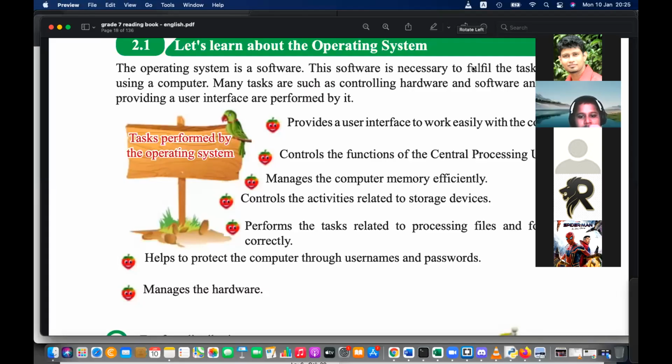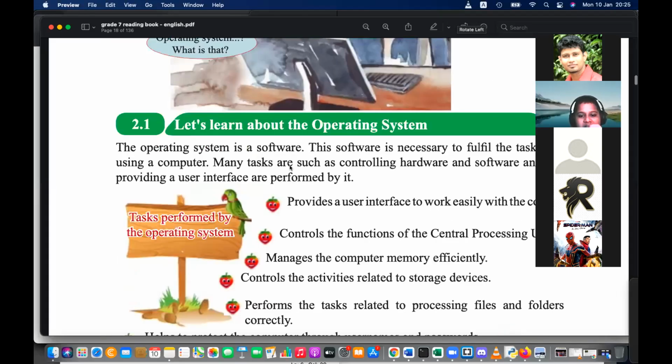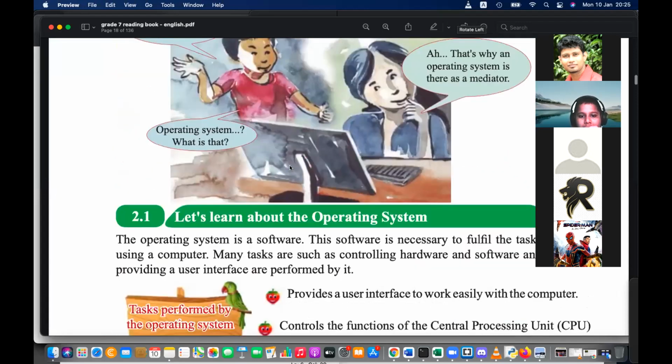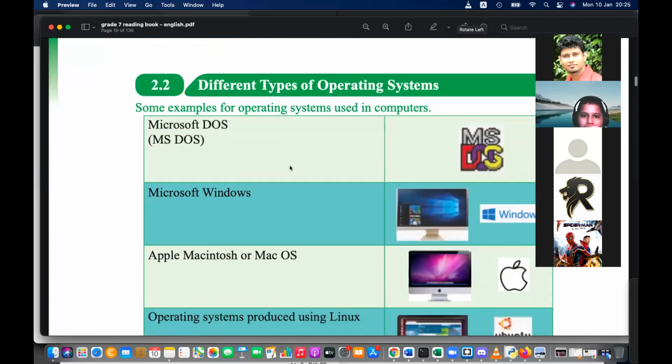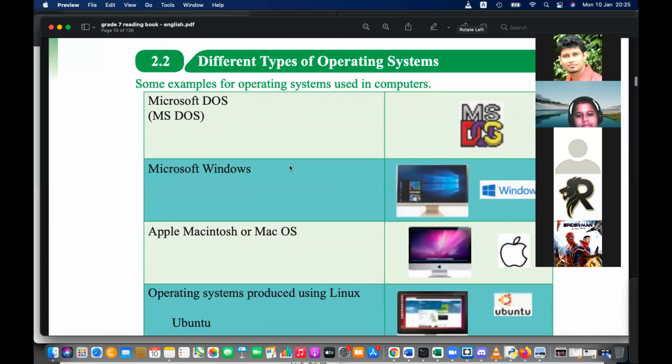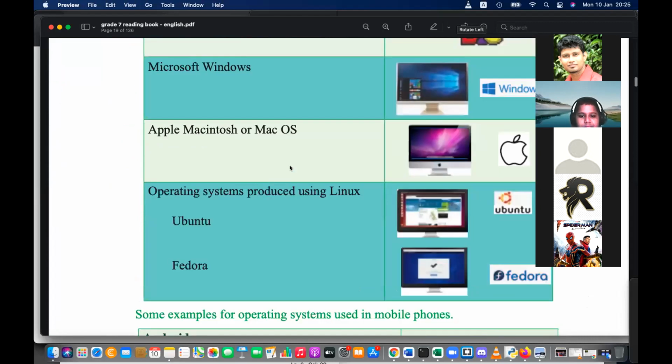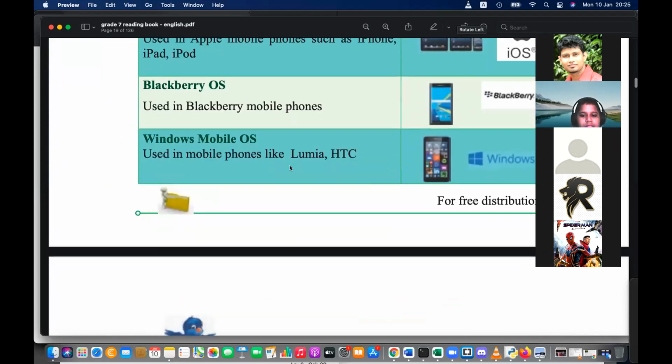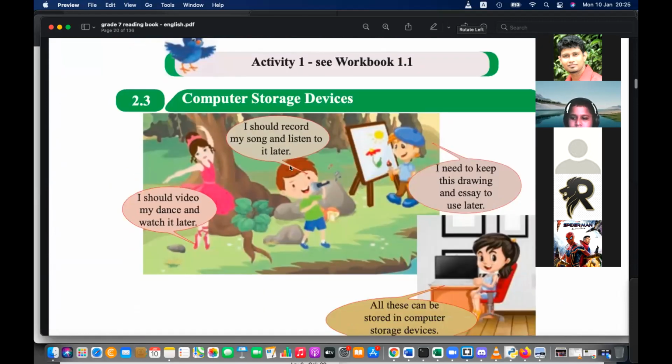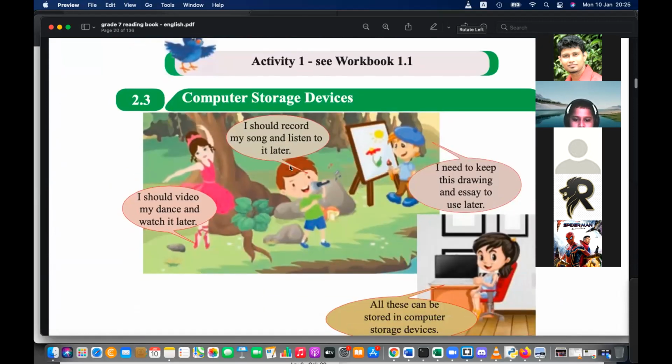Right. We are here in lesson number 2. So we are just learning about the operating system, and we discussed the file attributes first. Today we have to learn more about the operating system and its features, and there are some practicals. We have to do those practicals, and that is my main focus today.